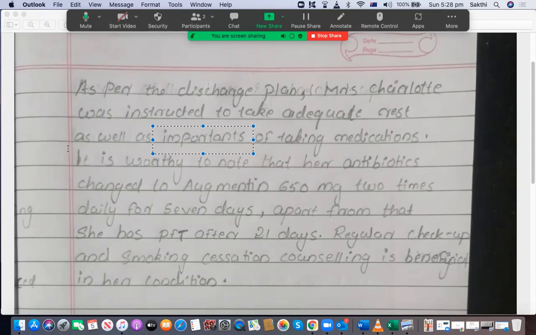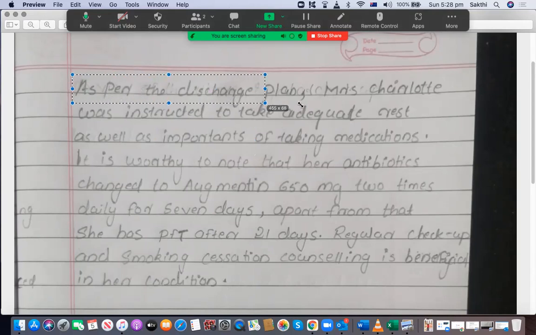Okay, let's say as per the discharge plan, you don't need to mention these things. You can reduce the words. Why are you writing these many words unnecessarily? You can simply say upon discharge. Okay, you can write whatever you wanted to say. I mean, you don't need to write 1, 2, 3, 4, 5 words. You can reduce another 3 words by writing upon discharge. Mrs. Charlotte was instructed to take adequate rest, as well as maybe you can say no, instead of saying instructed to here, it's better to say like upon discharge,